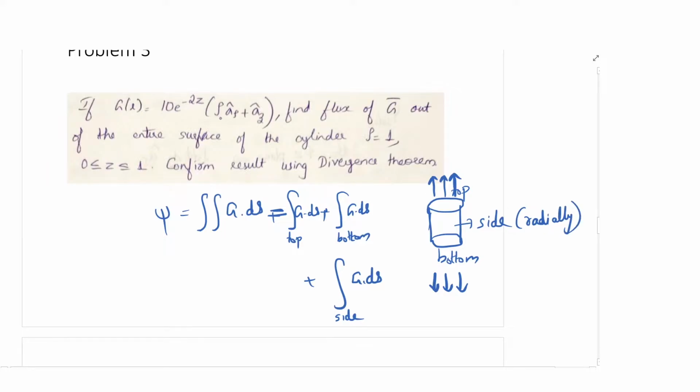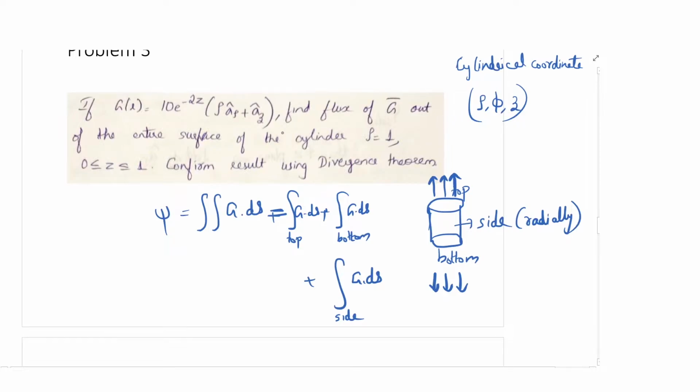Okay. So here you know that it is rho phi z. It is a cylindrical coordinate system, and therefore the coordinates will be rho, phi and z. So the first thing you have to do is identify the coordinate system. That is the cylindrical coordinate system, and rho, phi, z are the coordinates.